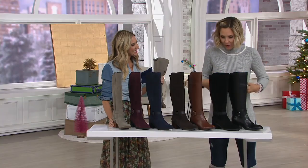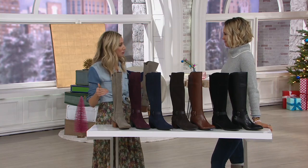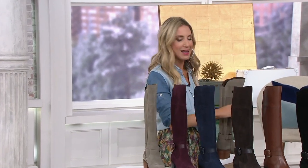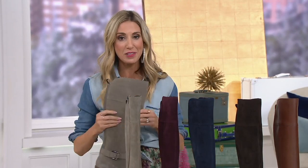But you're a Marc Fisher grown-up. That's right. It is easy to dress well when you have these on your feet. True, really most Marc Fishers, I have to say. This one in particular, though, is so classic, so timeless, not necessarily trendy. It's not a novelty piece. This can be your go-to everyday boot,